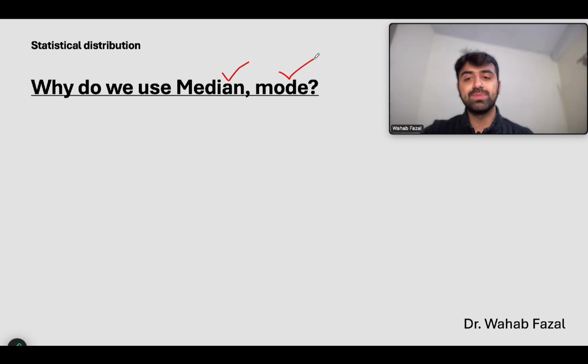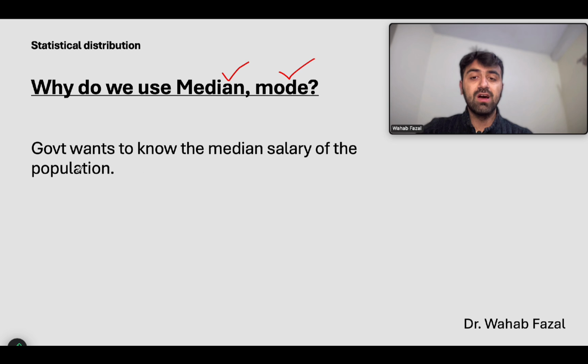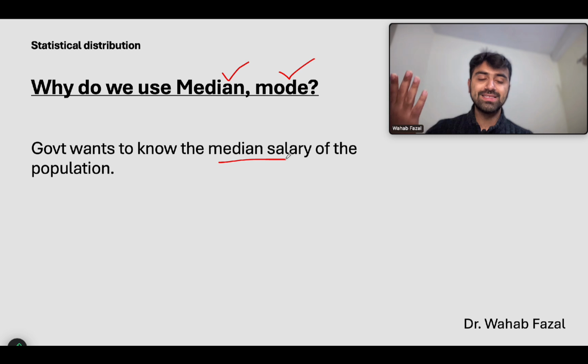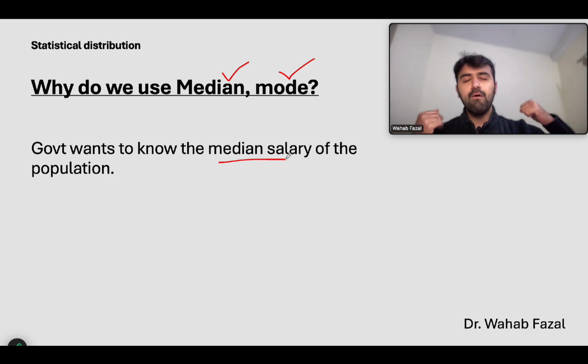Let's take 2 examples to understand both. We know that mean can be used to calculate the class average in a class. So what is median usually used for? For example, the government wants to know the median salary of the population. Why does it not want to know the mean salary of the population? Because some people might be earning a lot more than other people, and when you calculate the mean, those outliers, those people who earn way more,